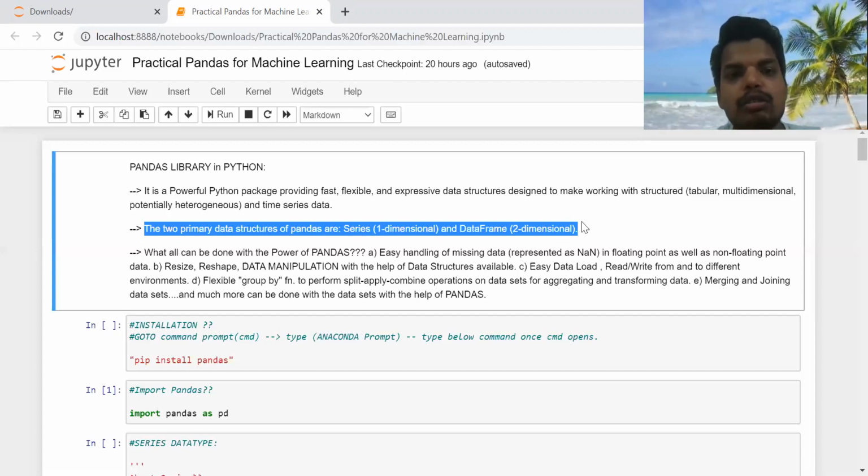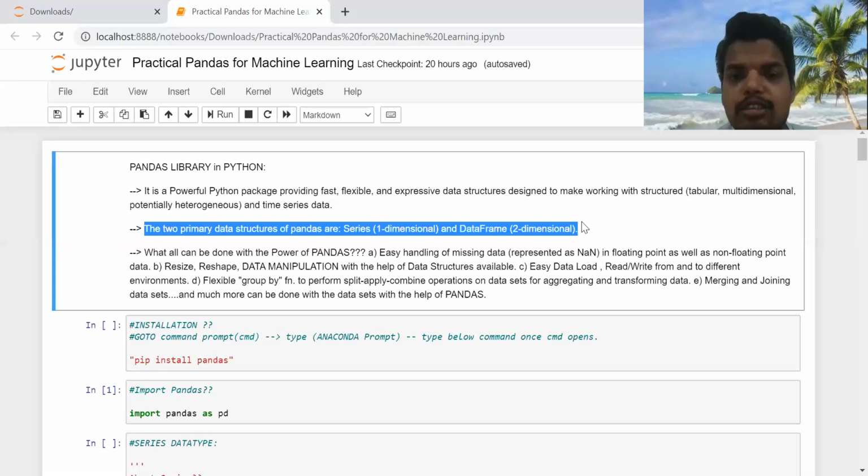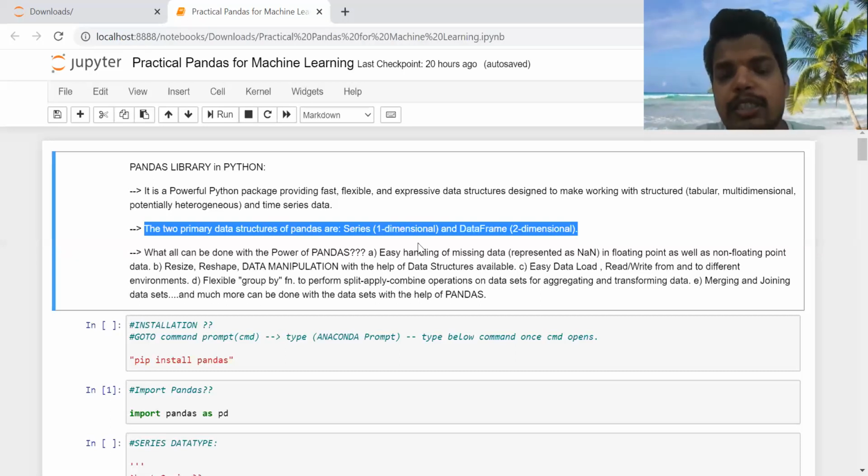Okay, so I have also mentioned some of the advantages, or what we can do with the help of pandas. So what we generally do, I have also illustrated over here. That is, we generally handle the missing data part, which is represented as NaN, that is not a number.